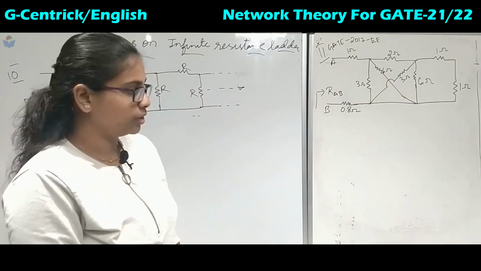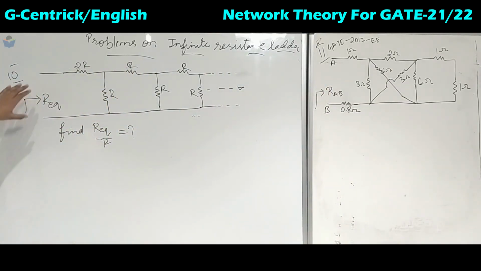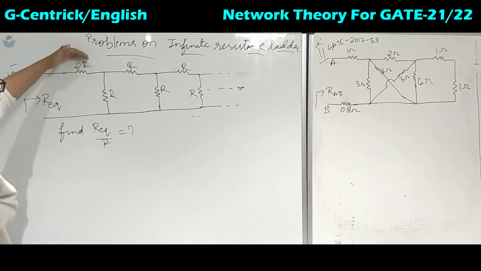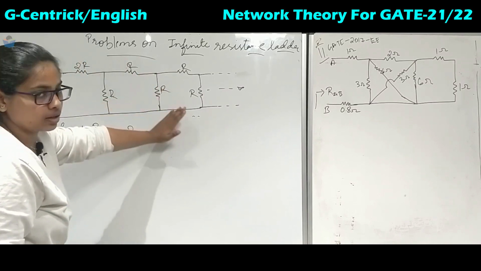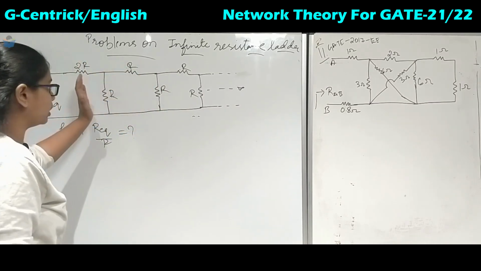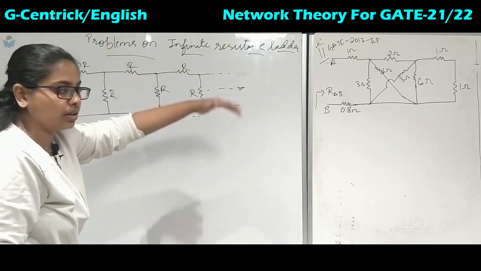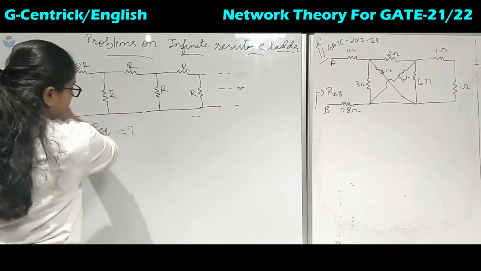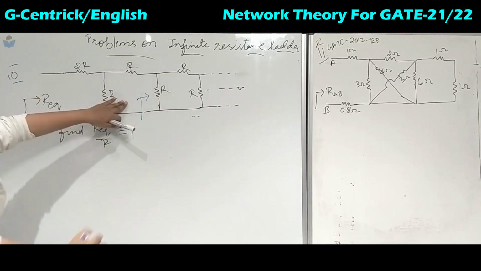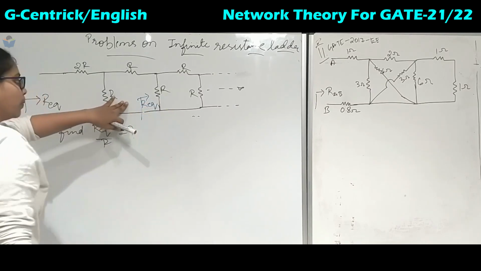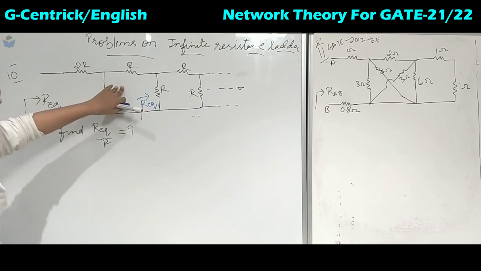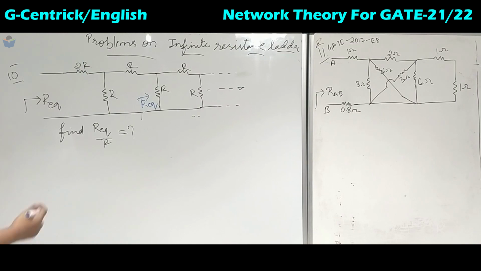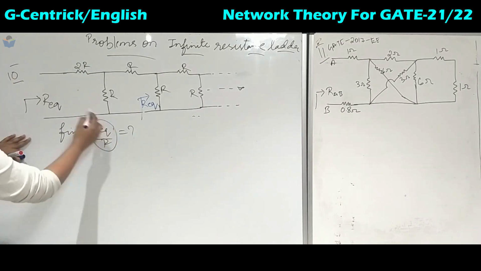Okay, moving on to the next question, that is our 10th problem. So again we need to find the R equivalent. Now if you observe this, here we have one odd term, that is 2R, but leaving this 2R, the rest of the terms are the same, R, which is connected in shunt and series. So we can ignore this term and start observing R equivalent from here, because removing one or two branches from the infinity does not affect the calculation of the problem. They have asked us to find R equivalent over R.